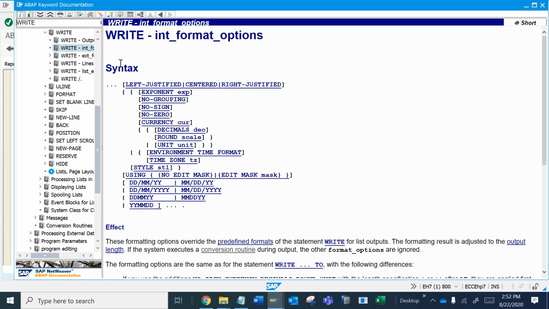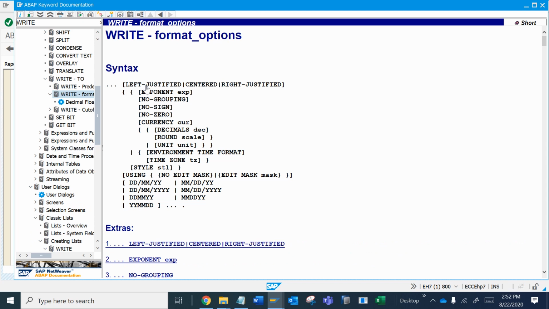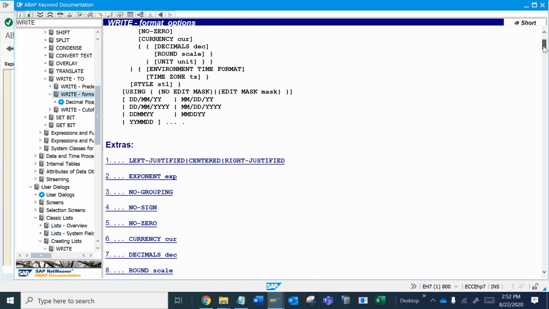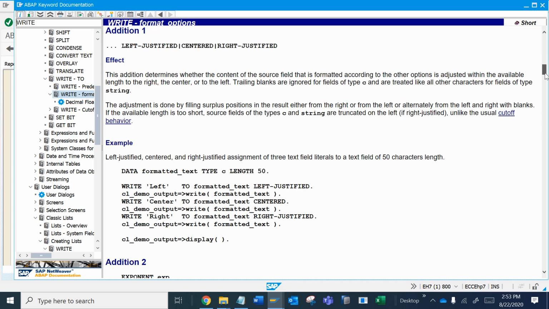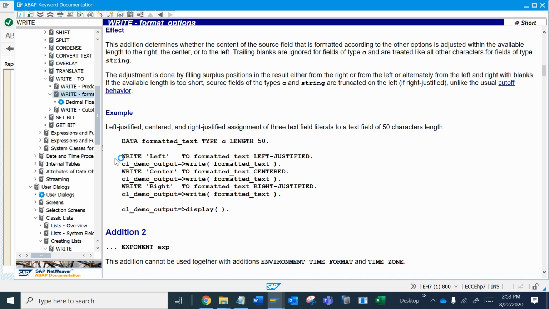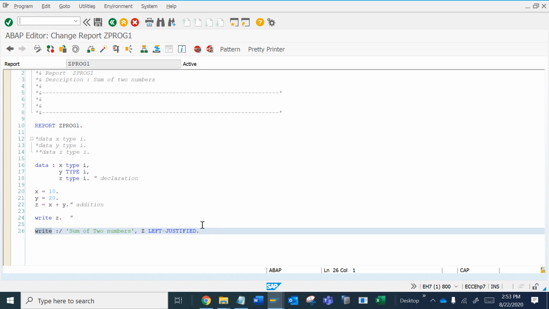Now see, all the syntax used as an internal format in the write statement is coming: left justified, centered, right justified, and all these we can also use in the write statement. We will know with practice. Now see left justified, with the example it is giving the format. With the help of this you can always achieve it.